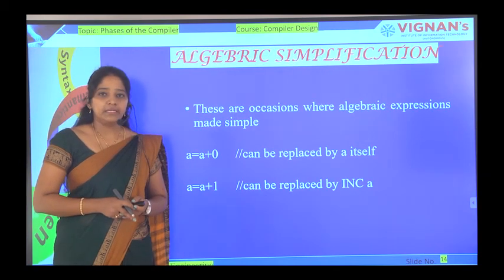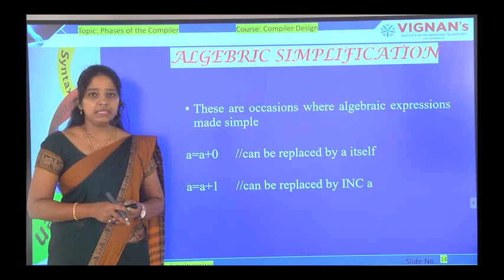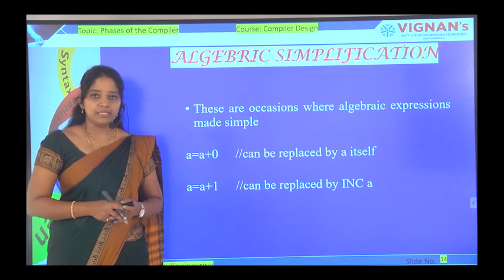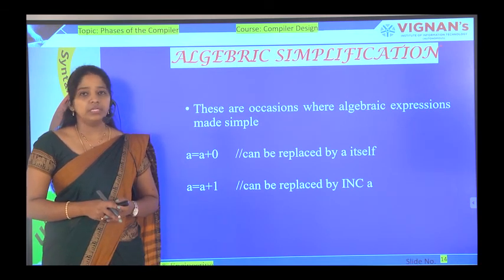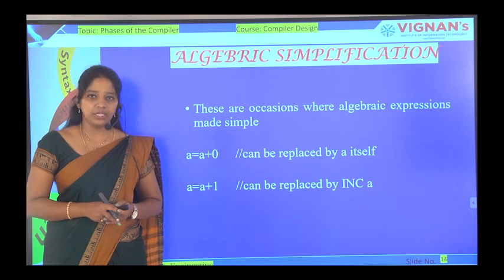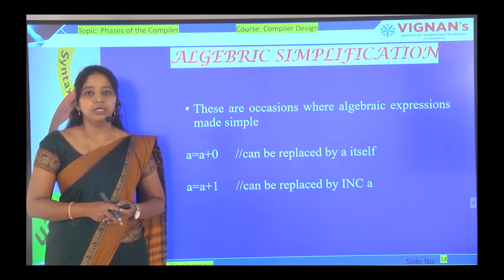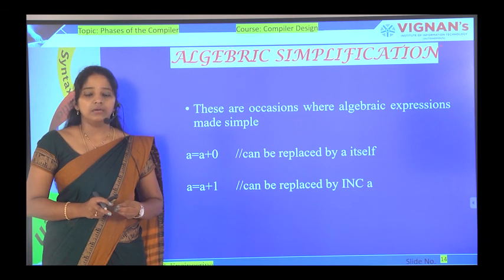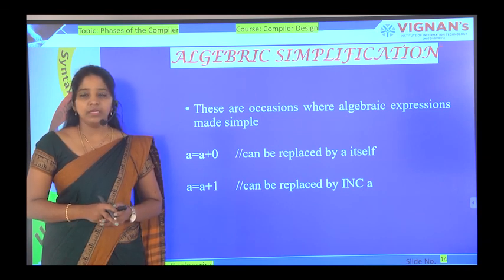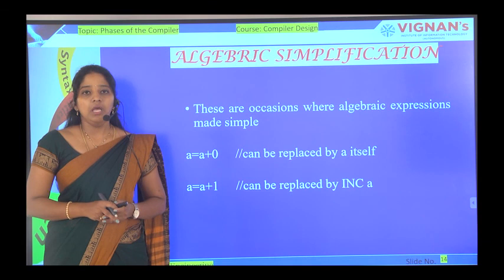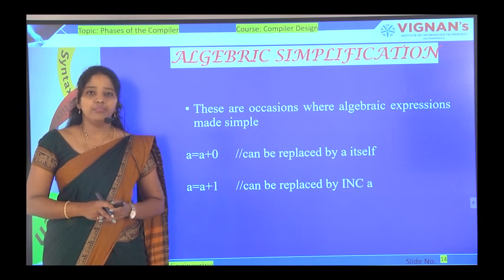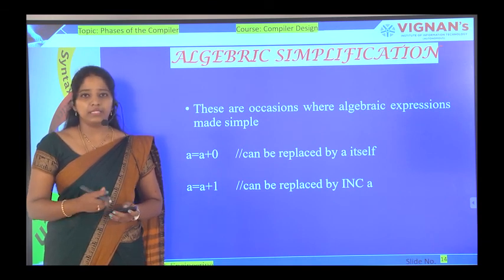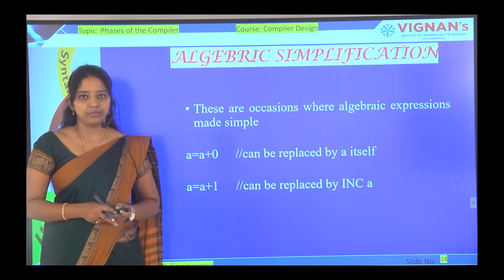So these are the techniques we have covered in peephole optimization. Peephole optimization is a process of transforming a set of statements to make a more efficient code. By doing this, we can reduce the size of the code and the usage of memory will also be less. And we have used many techniques in peephole optimization to reduce the code. Thank you.